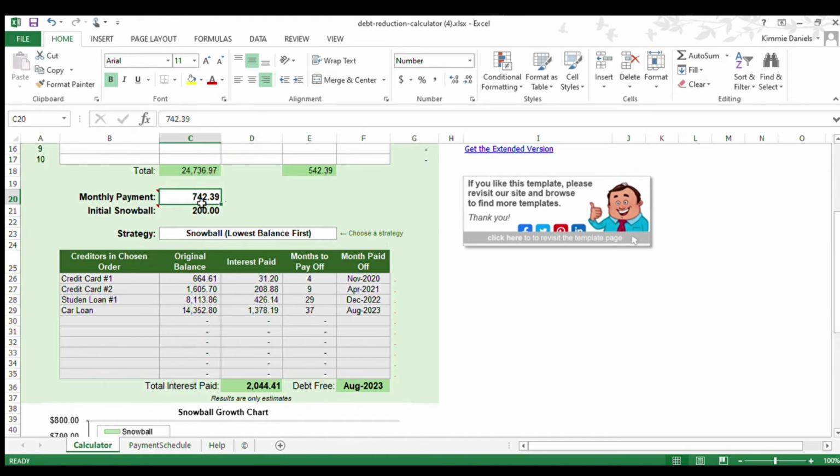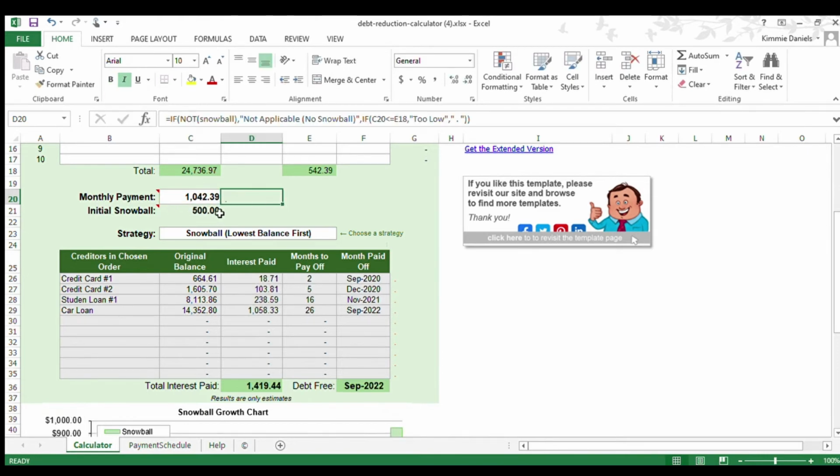Maybe you're able to find $500 each month. So I'm going to change this to 10, 42, 39. Should change, so it's an extra $500 for the Snowball, and that automatically changes the payoff.